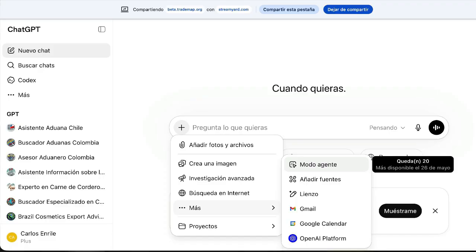And now I want to introduce a concept that is interesting, which is artificial intelligence. I have 2 options. One option is the one you've seen: search for Trade Map, the import is wine, Germany. The other option is to let artificial intelligence do it. And for that, in many of the tools you are using, like Gemini, Claude, or even ChatGPT itself, you have an option called agent mode. So agent mode is like your intern, right? Agent mode will go visit the website you're interested in and do what you ask it to do. You can access agent mode simply by searching for it within your form in ChatGPT.